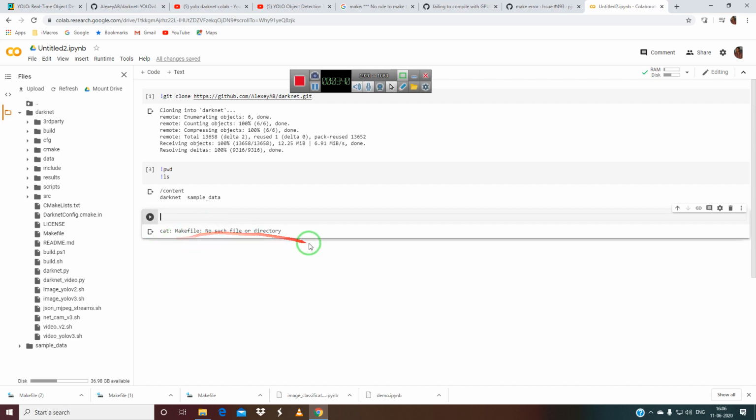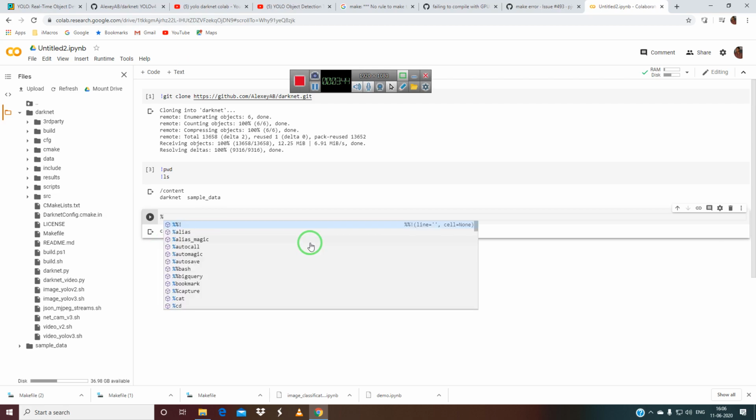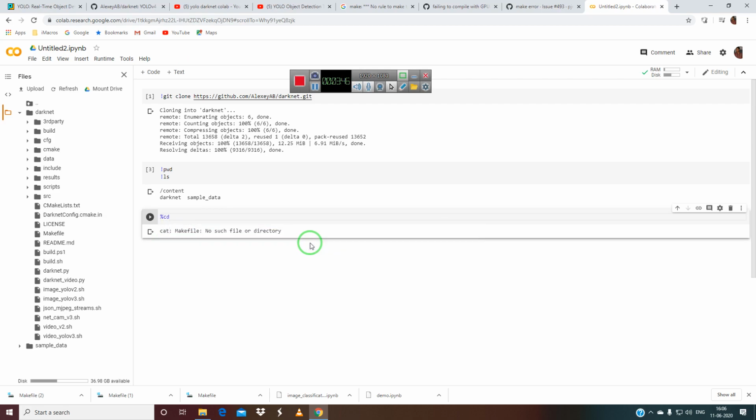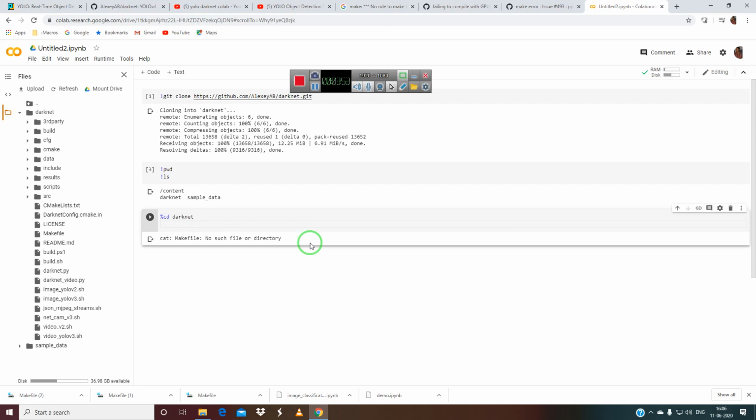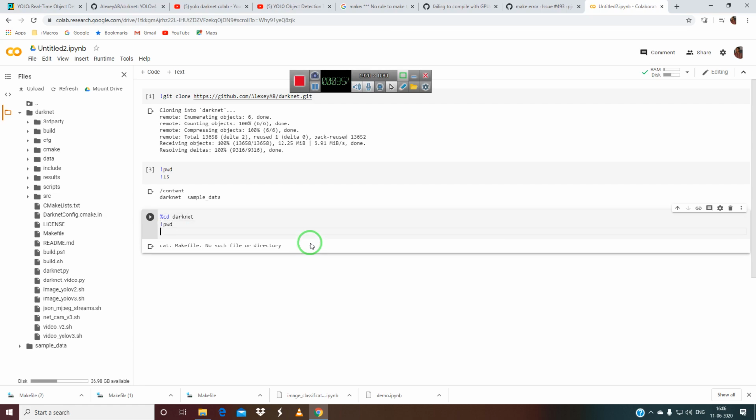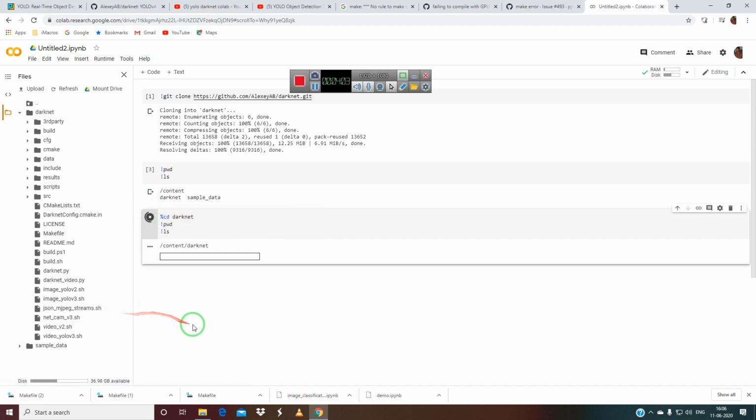Now you have to get into that directory. So use the percentage symbol and type cd darknet, and then type pwd to find the present working directory.